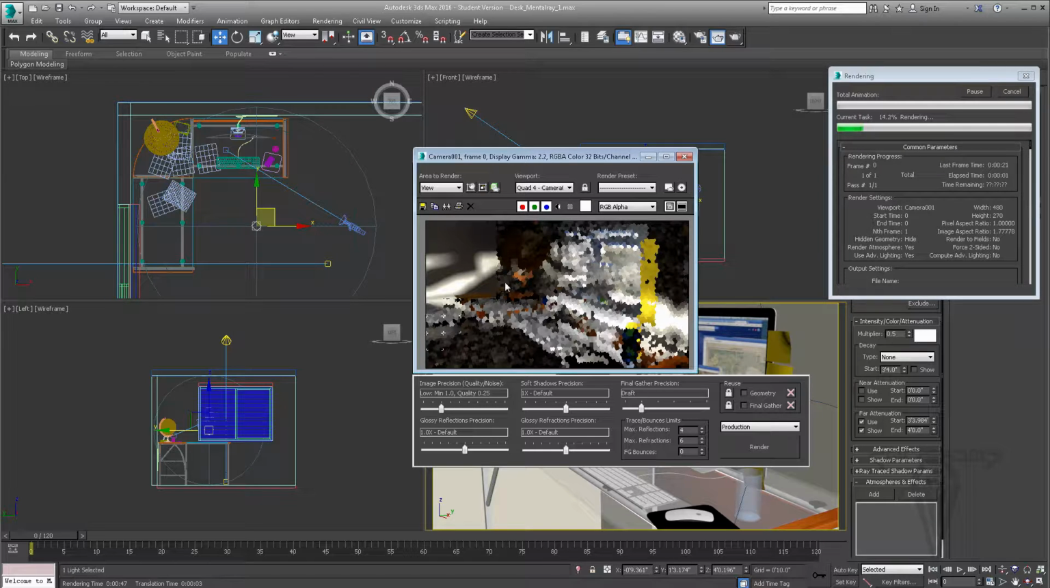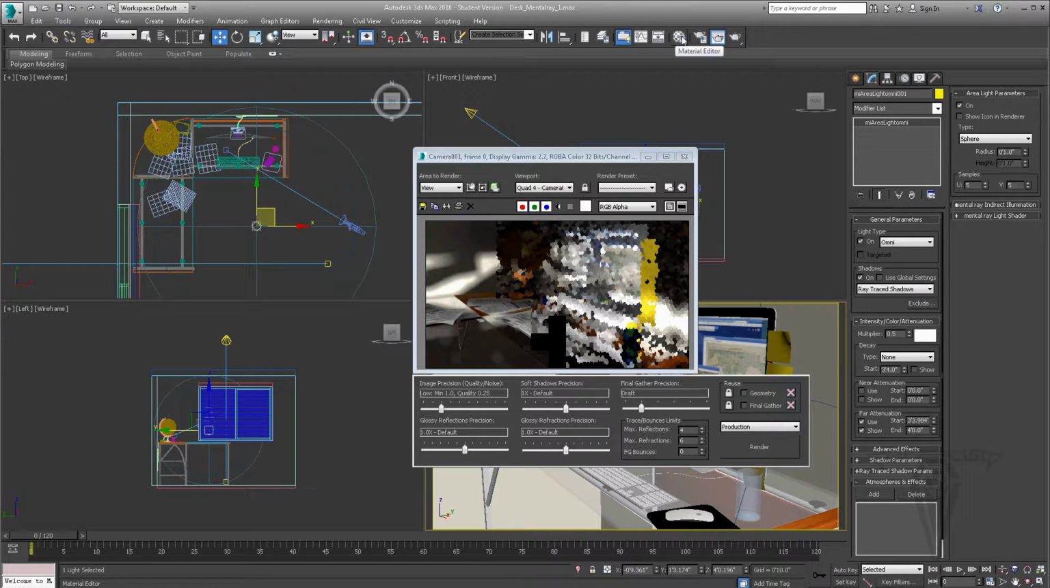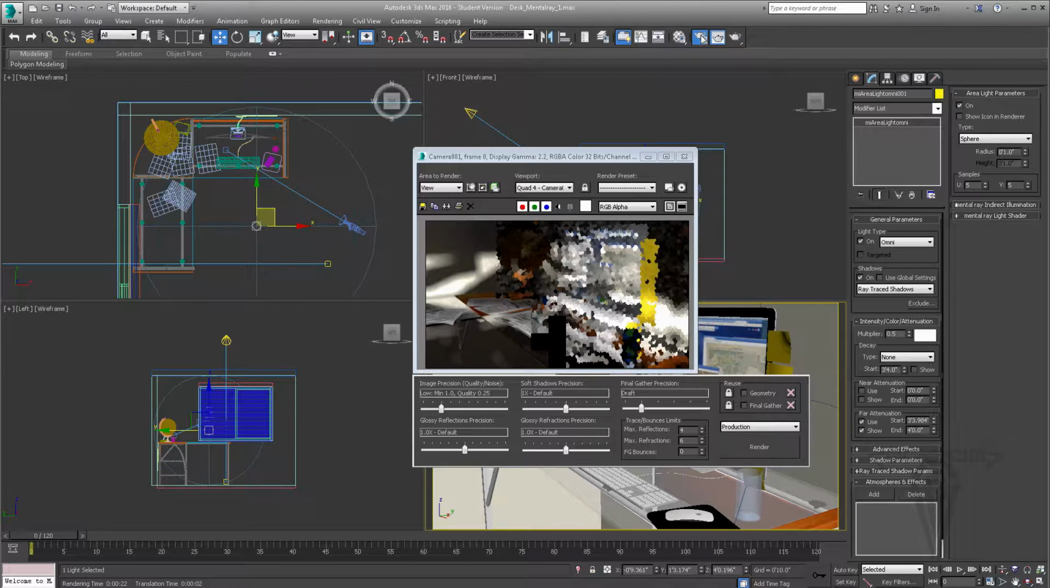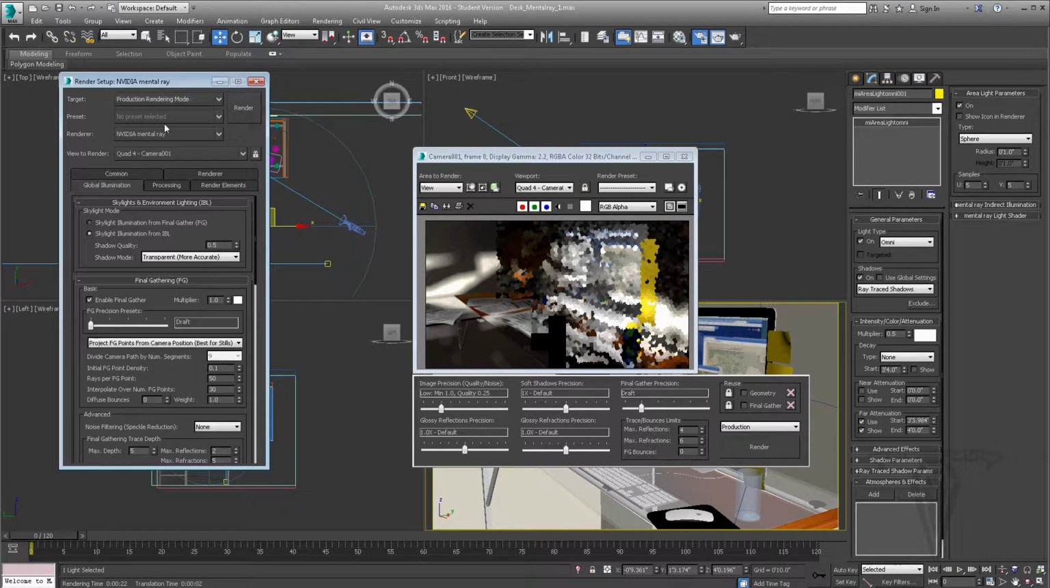And that's much better. Now the hotspots are definitely way overwhelming, so we need to adjust that. Let's go ahead and hit cancel. Go into the material editor. Actually, no, sorry, the renderer setup. Need to have this open. And let's go to global illumination,